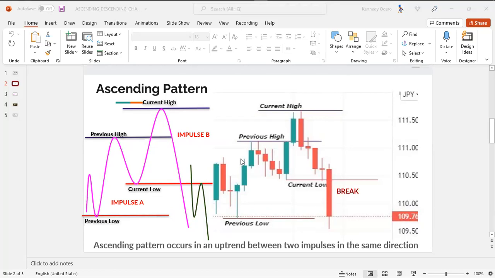That's fine. So as you can see, these two candles broke this last high. And what happens is when they break, notice that the wick of the green candle, the one that broke, stays in impulse A. So normally that is one of the signs of ascending pattern. As the sign,